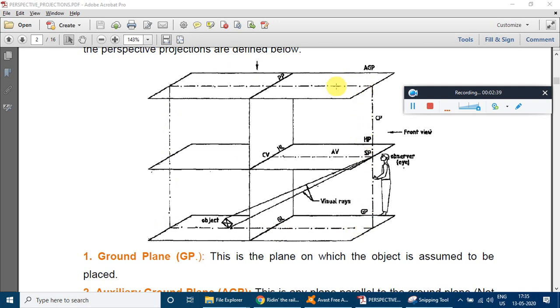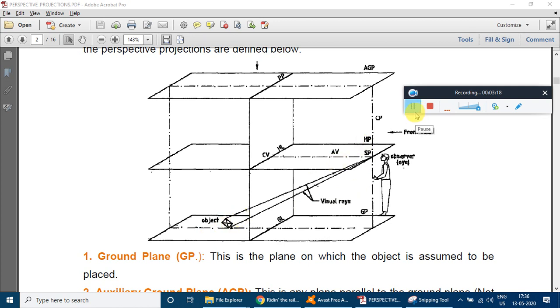Now see here, there is a dotted dash square, and that is called your central plane. And this is called your picture plane. If you have the object here, there is the observer, and when he views that object it will be captured in the picture plane. This is the picture plane, and this is the observer, and this point is called the stationary point, and this is CV, center of vision. This is the fixed point, and these are called the visual rays.